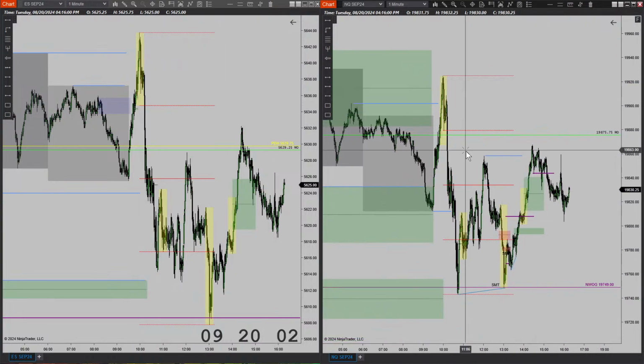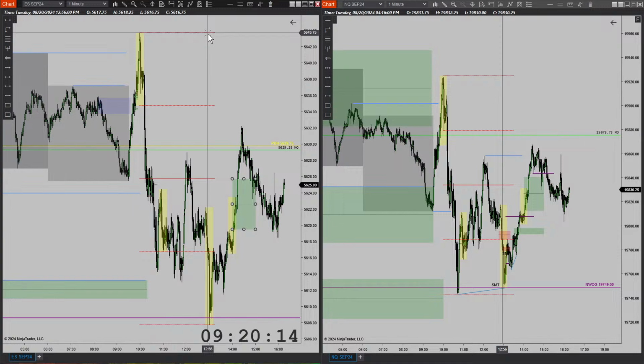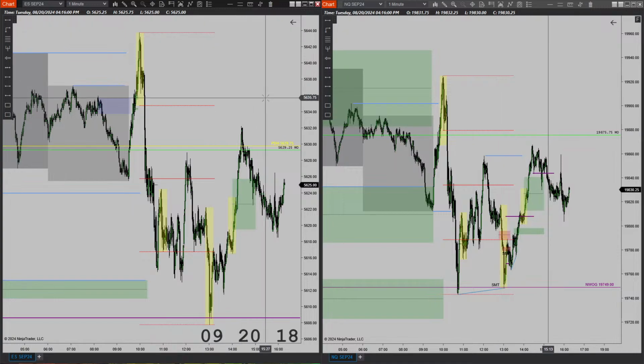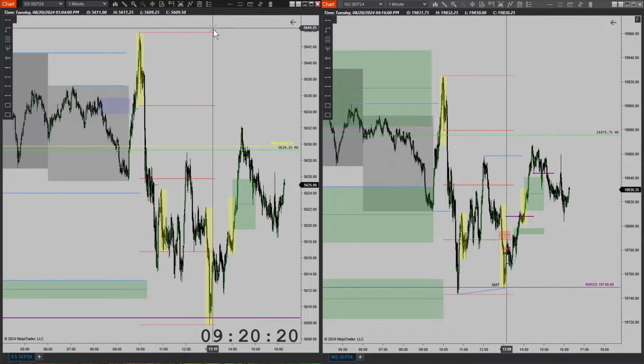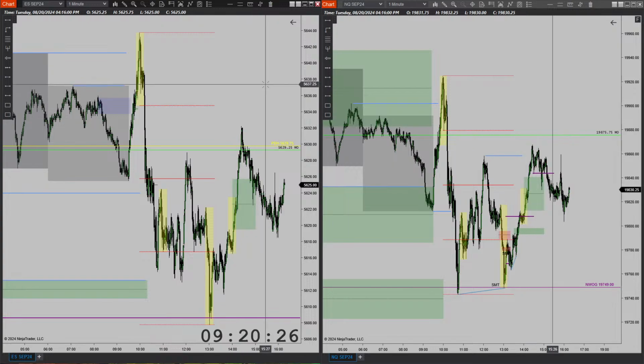There is a market maker buy model here, and this is the high here. Same thing here, market maker buy model. So I want to see how price traded within this price range. I wouldn't be surprised if price continued drawing higher into these highs, and if price did that, then I'm not looking to take a long. If price has yet to sweep this high here, then I will be looking for some sort of entry here to complete the market maker buy model.